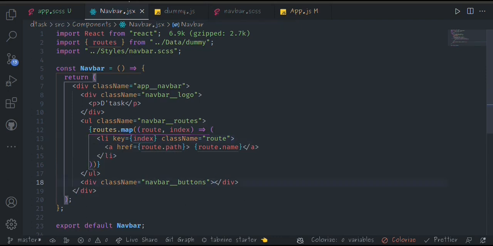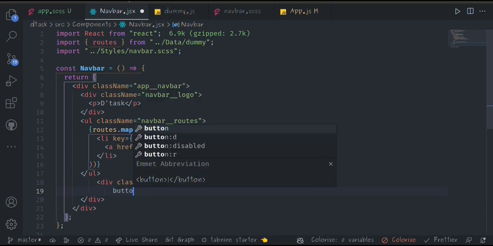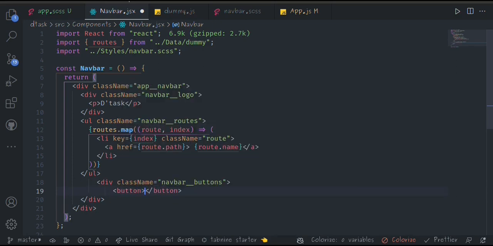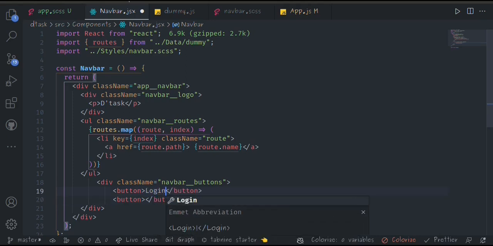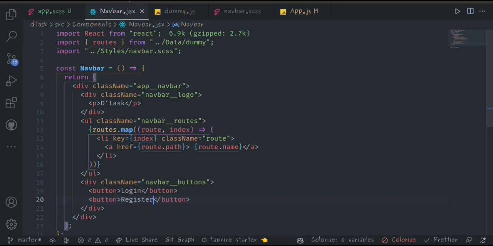So instead of my buttons, going down to the buttons, I'm going to have two buttons. I'm going to say buttons here, and the first one is going to be, and the other one is going to be for register. So I'm going to say here login, and the next one which is going to be for register, like this. Okay,